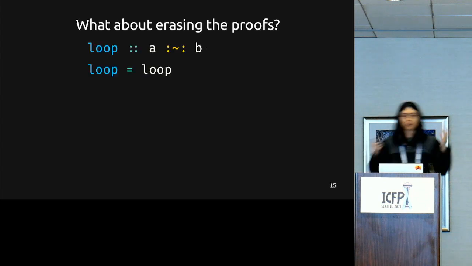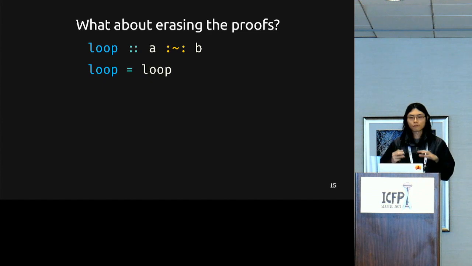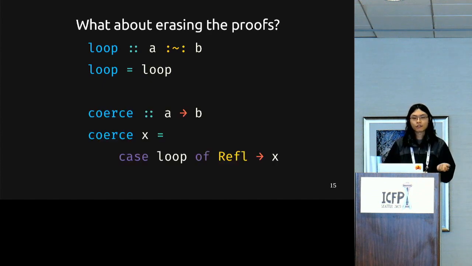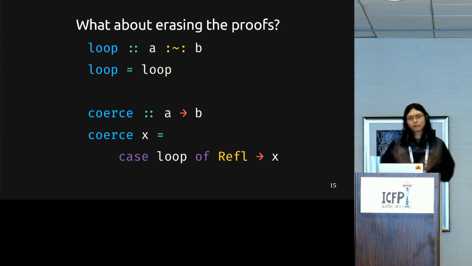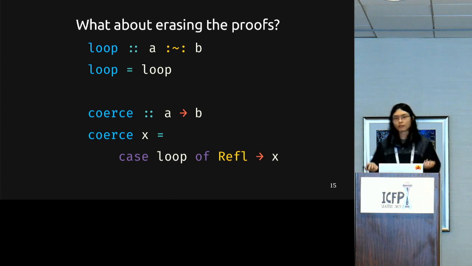You use a loop as a witness for two unrelated types A and B. And by doing a case analysis over this bogus proof, you can write this coerce function that takes an input x of type A and casts it to something of type B. Just from the signature alone, coerce is pretty scary